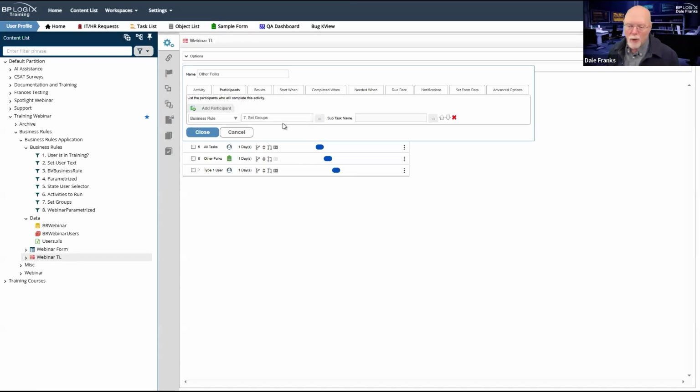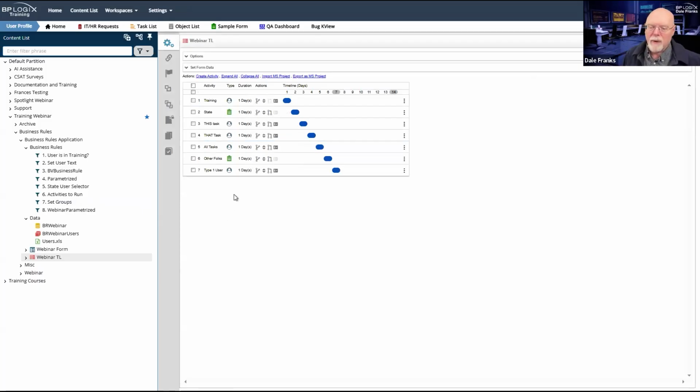So this business rule now will return either the training or the other group, which I have already forgotten, or return both groups, depending on what the value of my form field is, to determine who does what in each of these individual tasks.